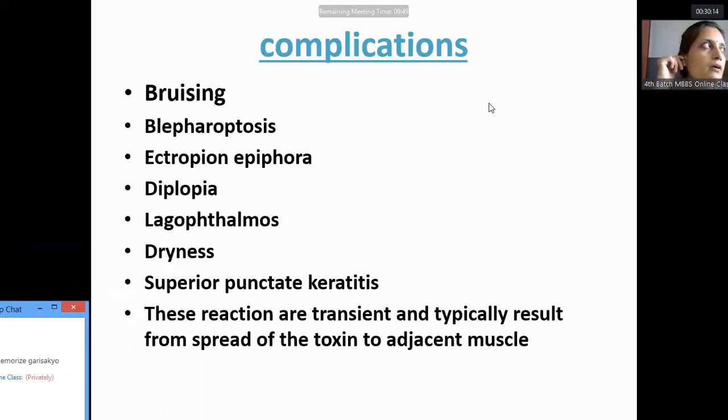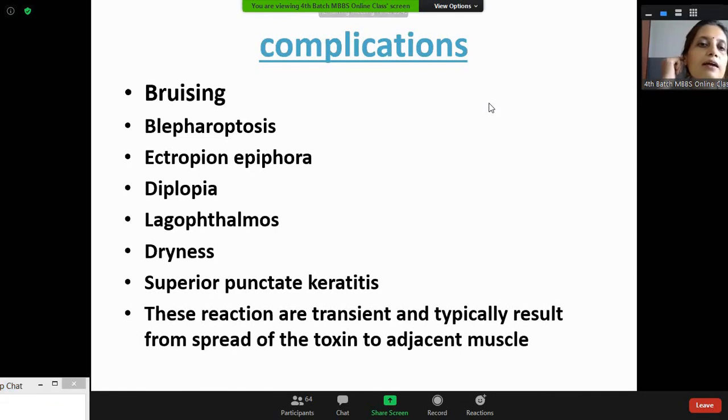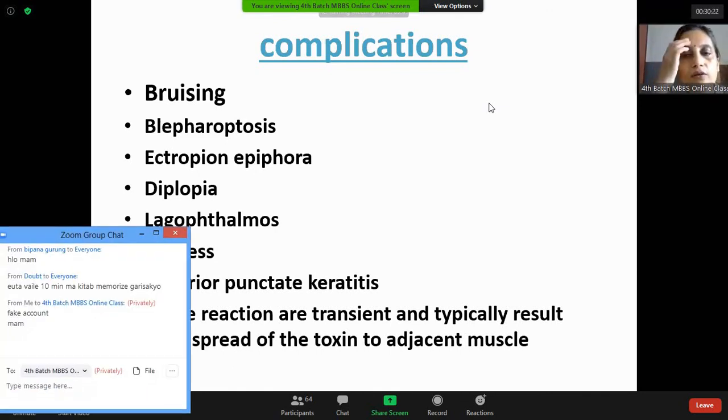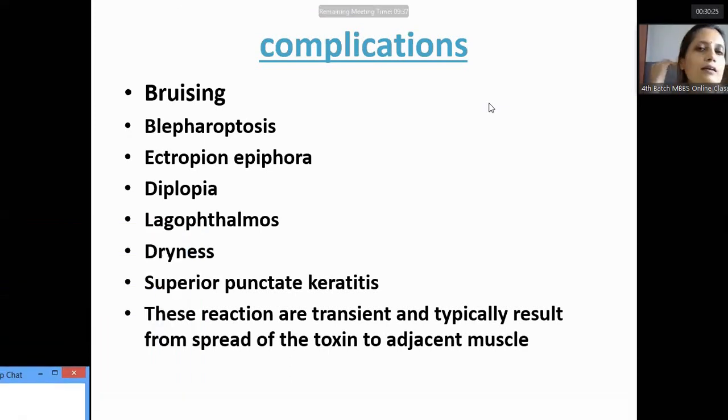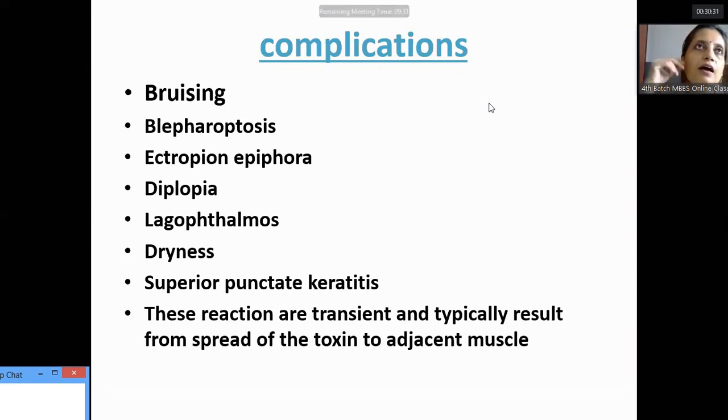Okay, your homework: when you come to the practical class, I need a nice note about the lid. I will see from the inflammatory conditions of the lid, anomalies of the lid, and all the lid conditions like ectropion, entropion, and lagophthalmos, which we have discussed. I need a good note in your copy. So make a good note and show it to me so that I can give you bonus marks in your practical posting. I will also see. Thank you, everyone.